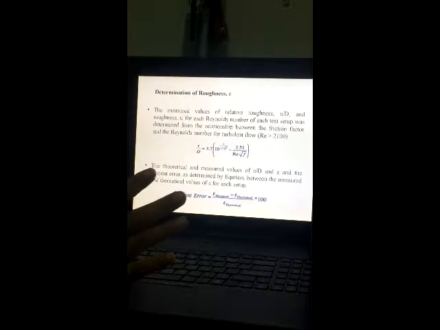This is the step of solving the major loss. As you can see, if Reynolds number is below 2,300 it is a laminar flow, and if Reynolds number is 4,000 and above it is turbulent flow. This is a formula where you can determine the roughness. You can see the formula, and this is the theoretical and measured value for the percent error. So if you do the experiment, sometimes you may get some wrong, and you can use the percent error.